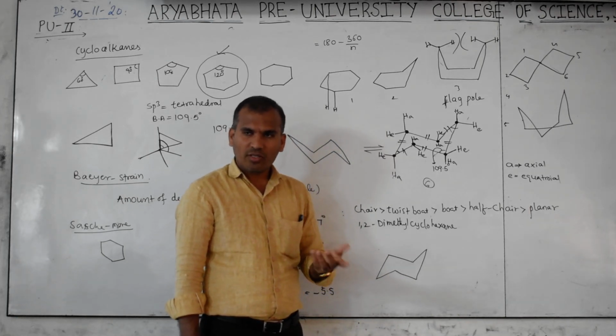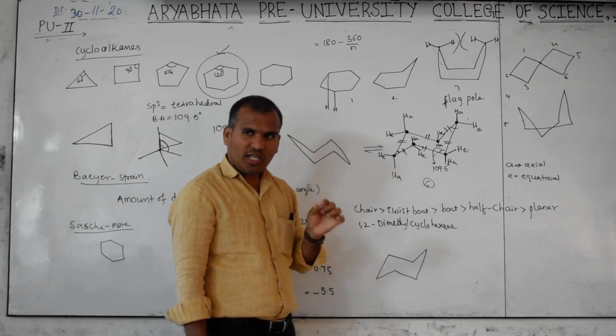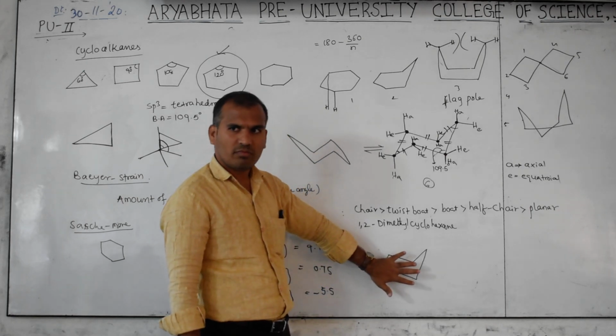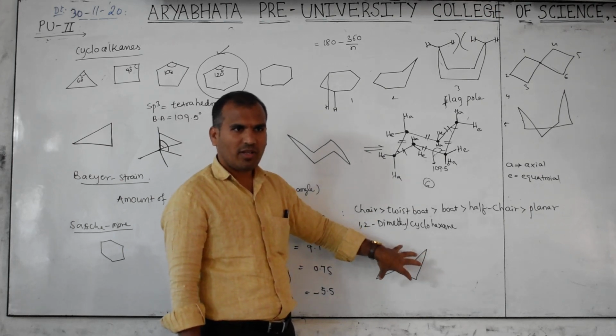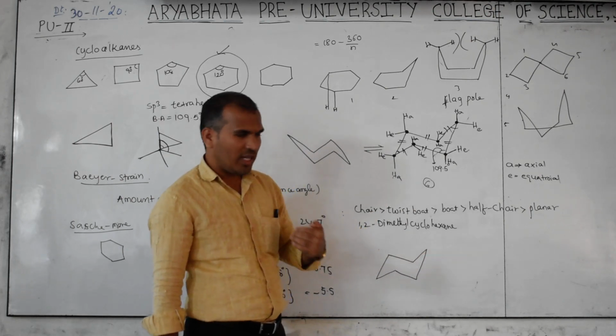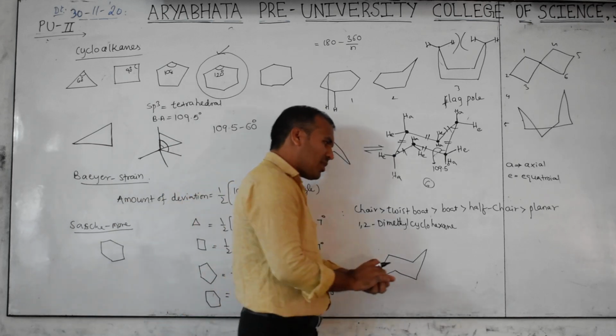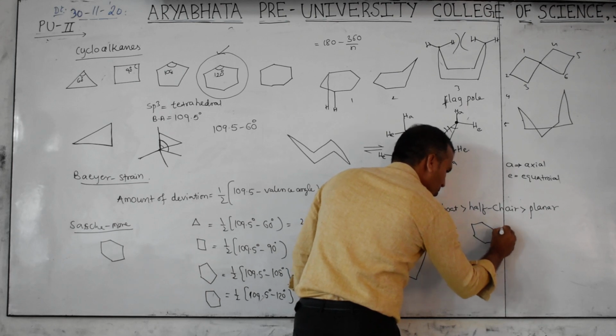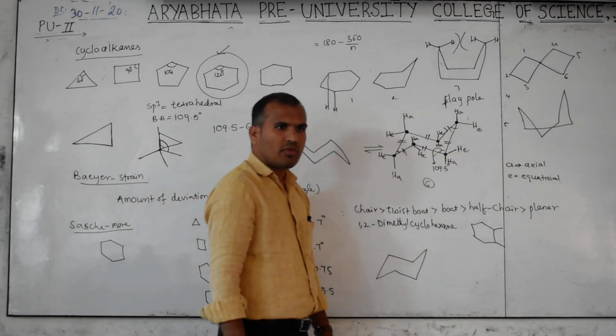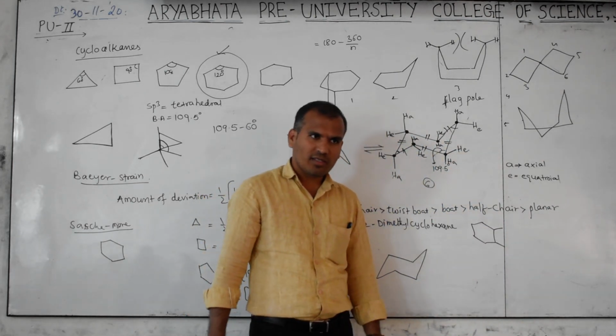You may have studied the haloalkane chapter, elimination reaction. Studied or not? So E2, E1 elimination, then E2 depends on this one. I think you studied that mechanism. So this is very, very important. Now that also I will include something. 1,2-dimethylcyclohexane. Normally what you will write? This is one position, this is second position. 1,2-dimethylcyclohexane this is.